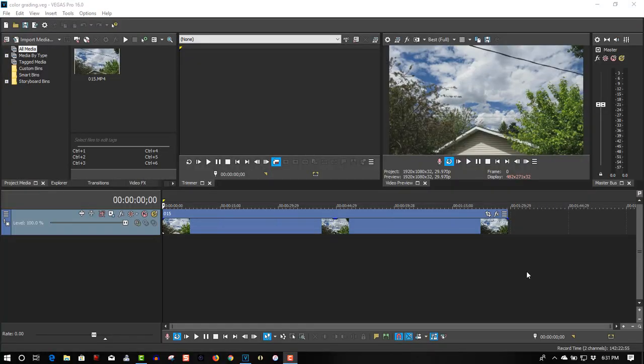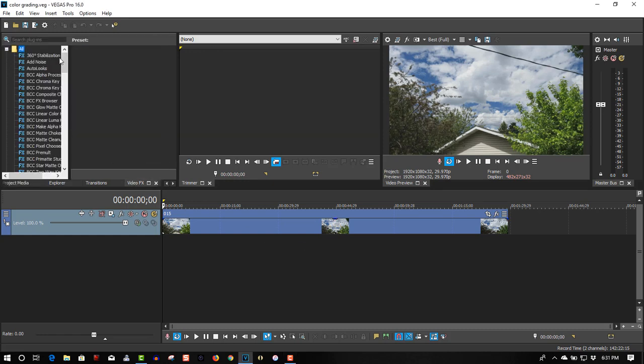My name is Ron, and today we're doing a new Vegas Pro 16 tutorial on color correction. If you're using Vegas Movie Studio 16 Platinum, this will work in that program as well. Just follow along with it. The effects are listed a little bit differently, but they still have the exact same effects I'm going to be